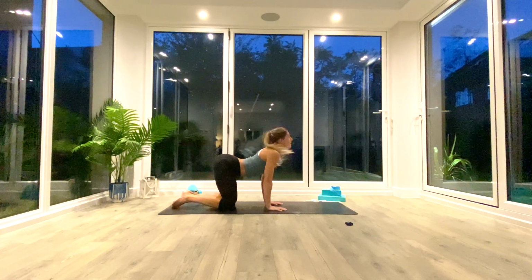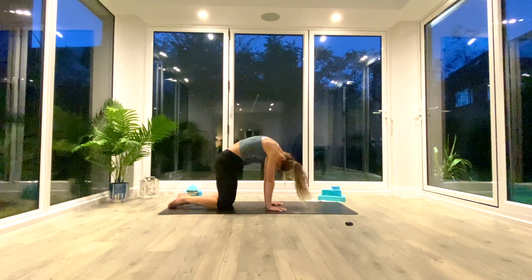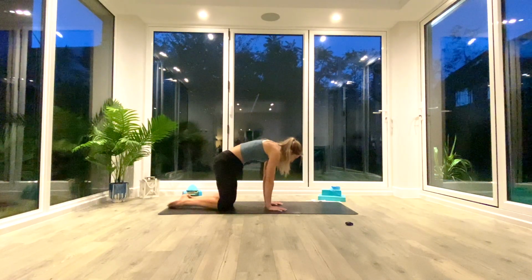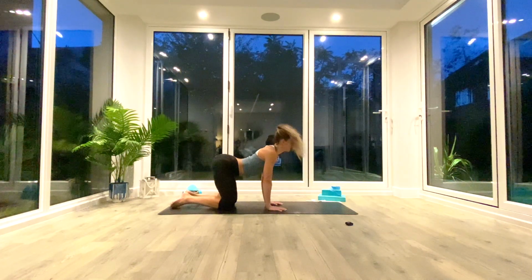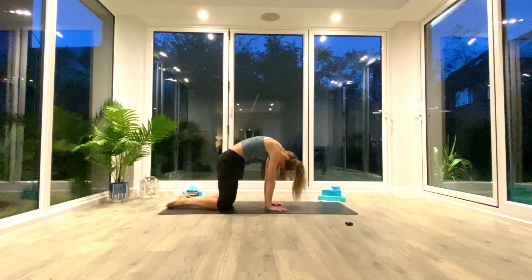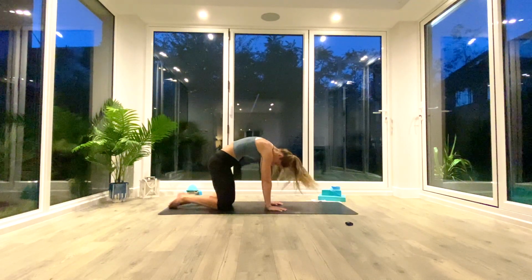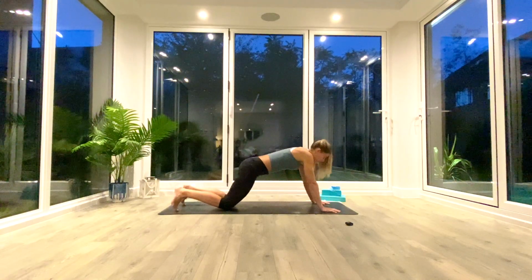Inhale to lift. Exhale to round. Inhale to lift. Exhale to round. Inhale to lift. Exhale to round. 1 more each way. Inhale to lift. Exhale to round. From here, you're just going to take your hands slightly further forwards, tuck your toes and press